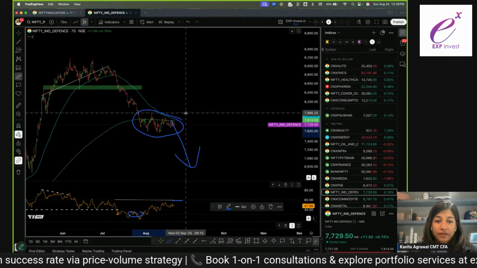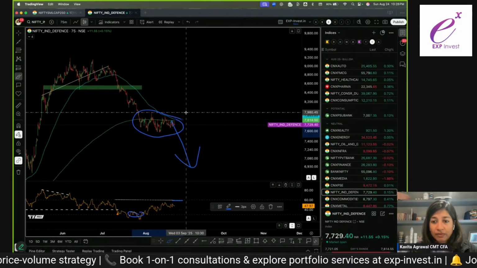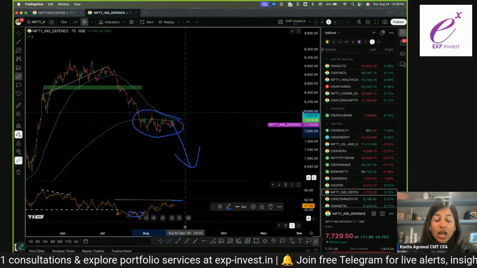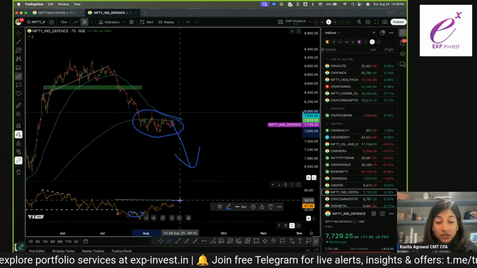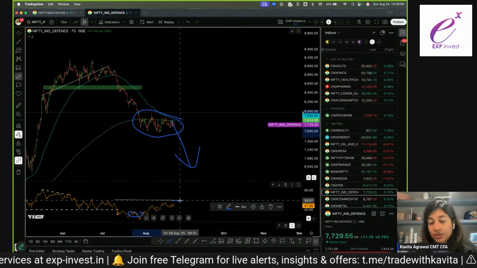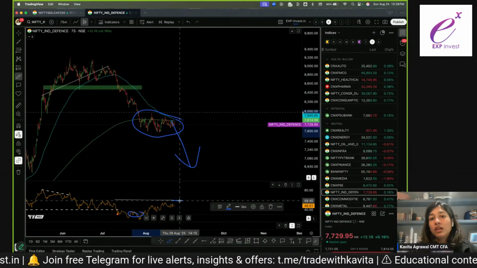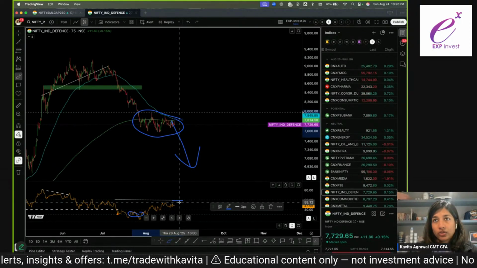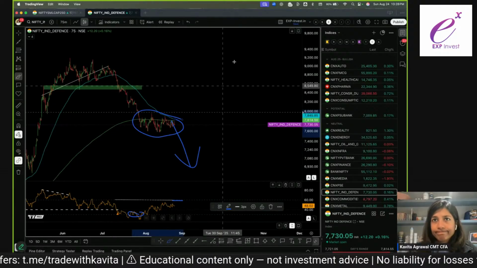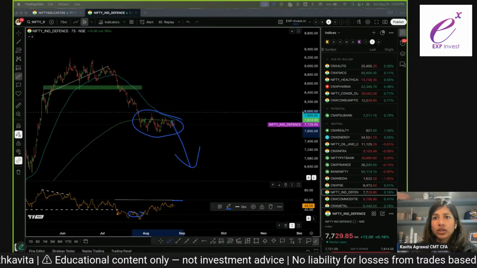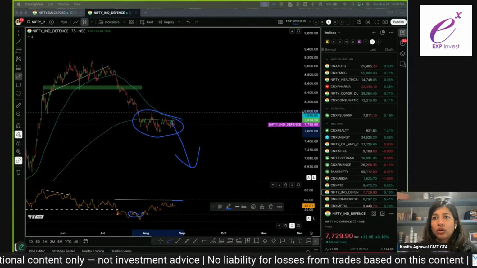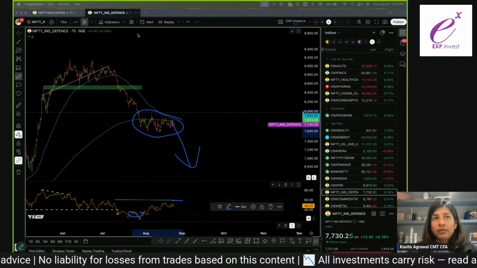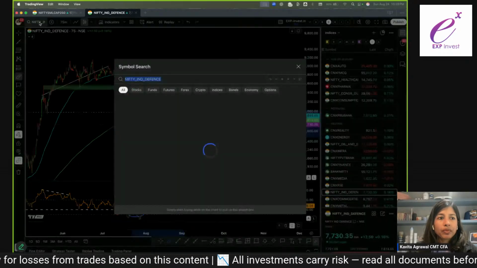The first piece of evidence would be the formation of a higher high above this level of around 7980 or 8000. The second, necessary concrete evidence, would be the 75-minute time frame going above the level of 60 and establishing itself in the bull range. So unless that happens, I don't think it is prudent to make any positions in this.